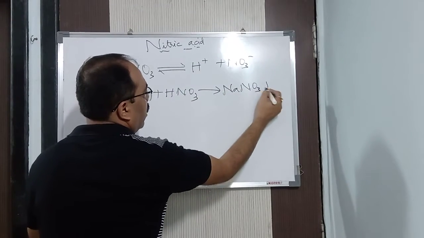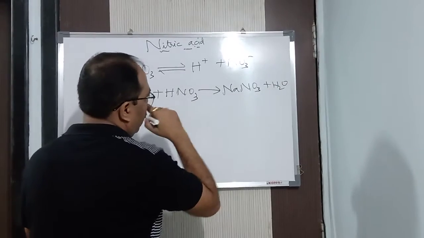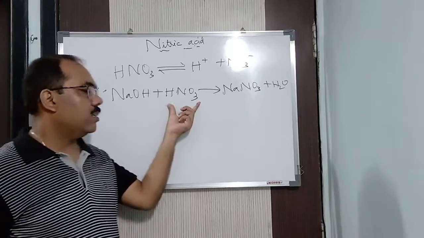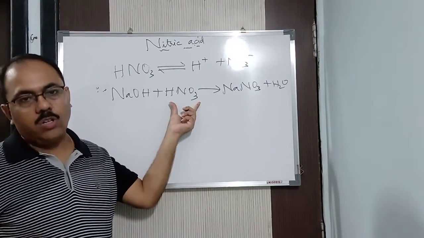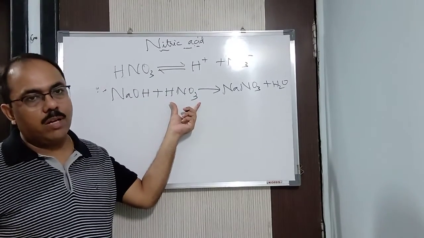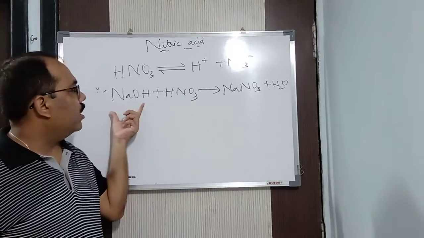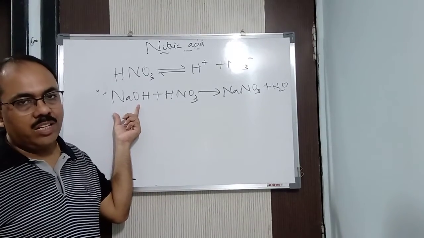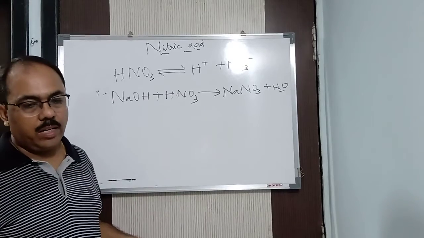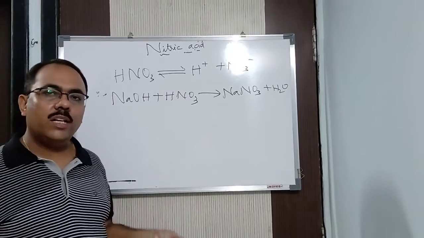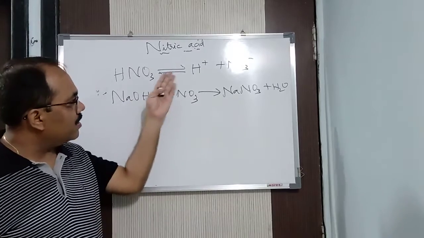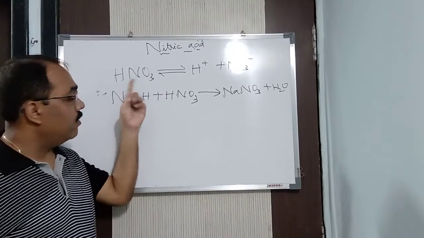All these things I told you last class. Just once again I am revising it. Similarly, if you take calcium carbonate and HNO3, you will get calcium nitrate, the salt of nitric acid, plus water plus carbon dioxide. If you take zinc sulfide and nitric acid, it gives zinc nitrate plus H2S gas. These are all reactions which you have studied in the acid chapter. The same reactions are given by nitric acid also, because it is a monobasic acid, but remember it's dilute nitric acid.